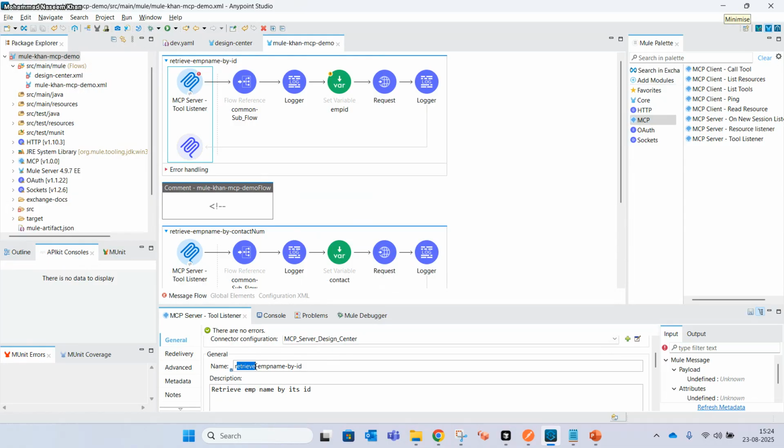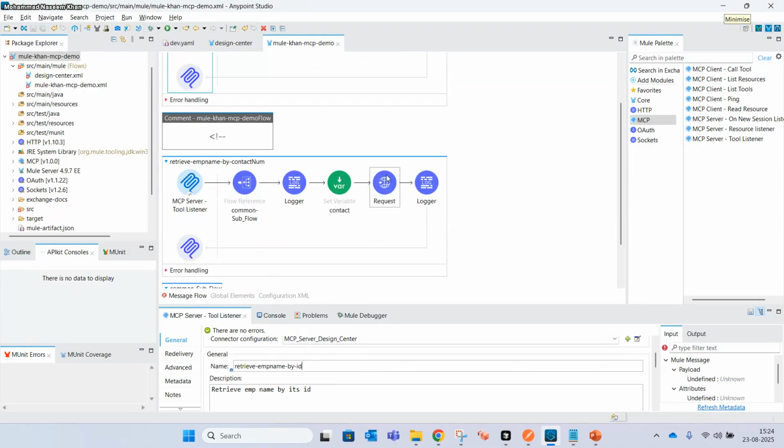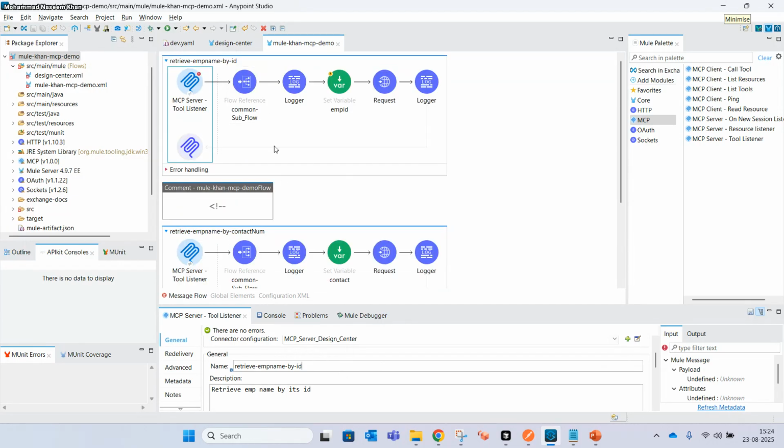So, retrieve employee name by ID. Whenever I give the input, can you give me the employee name for employee ID 2 or 3, it will invoke this tool. And whenever I give the input, can you give the employee details for the contact number, it will invoke this flow. I have just created 2 flows to segregate how it is getting routed